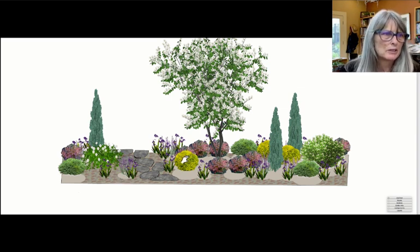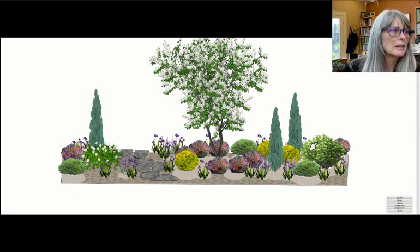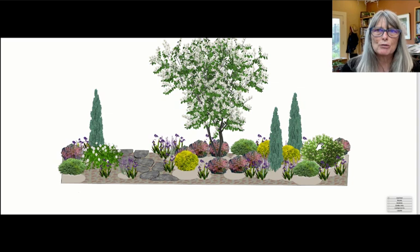Let's see, what didn't I mention? And then we just talked about the yellow. Okay, so that gives, I think you have, and there's one plant that we haven't talked about. It's over here. This is another flowering shrub. This is a hibiscus, and chosen for late summer bloom. So let me walk you through season by season, and let's start with